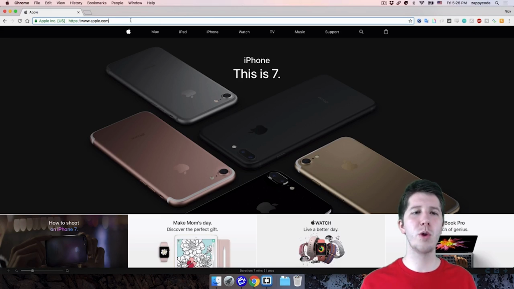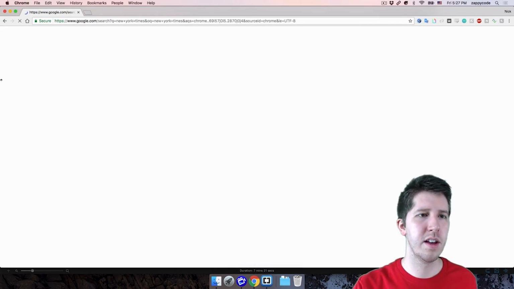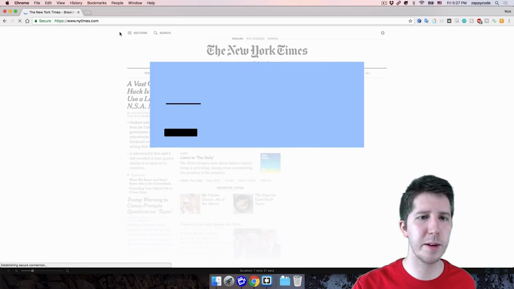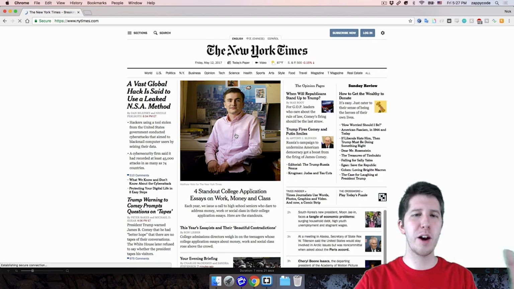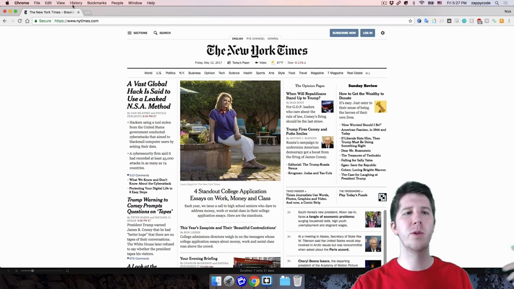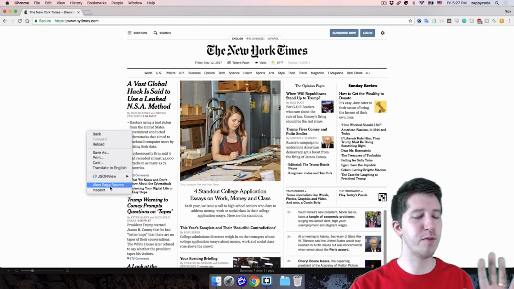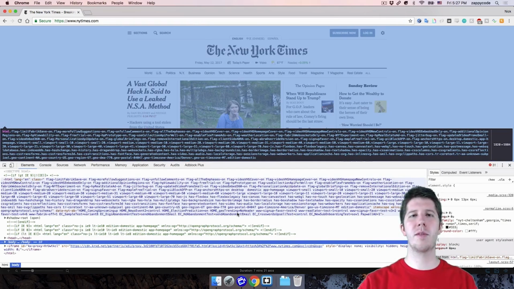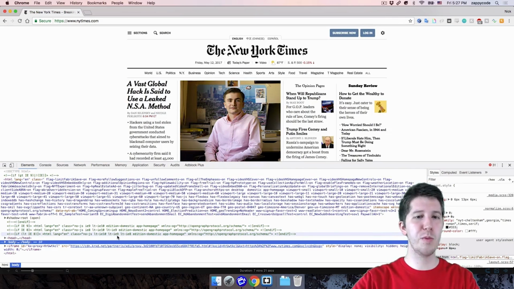So let's go to a new website. Let's go to the New York Times website. I should have known this domain, nytimes.com, that makes sense. I'm just going to show you how you can change things on a page if you want to. In Chrome, you can see the HTML behind a page by doing that view source, but you can also just right click anywhere and do, not view page source, you want to do inspect. If you click on this, this little thing comes up from the bottom. I call it the developer wedgie, but it basically shows the HTML code behind this website.